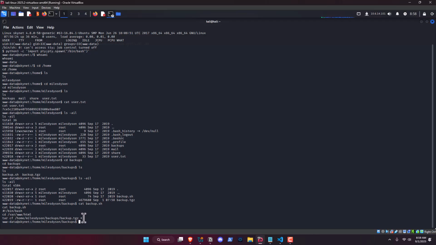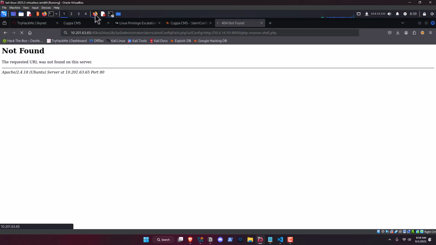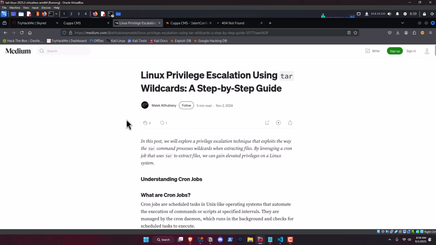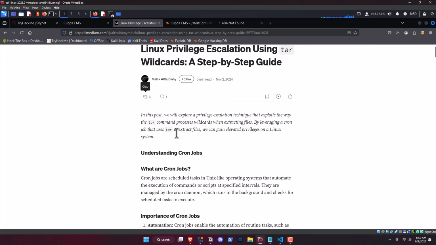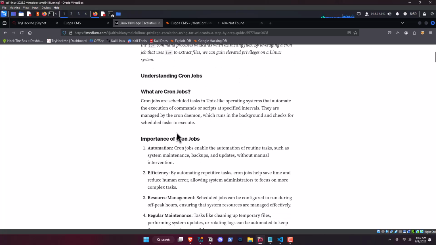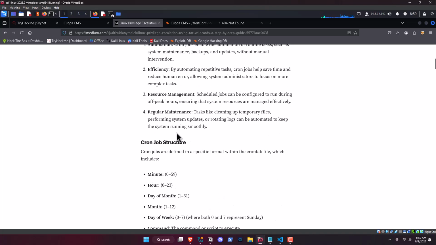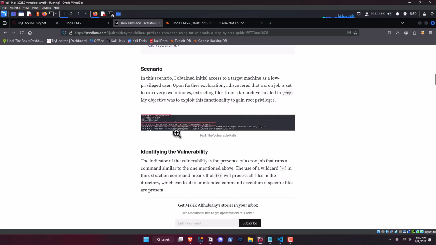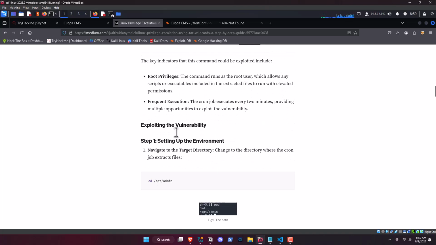Now, I was stuck here for a while, and then I did a little research on Linux privilege escalation with tar wildcards. So it looks like there's a vulnerability with tar